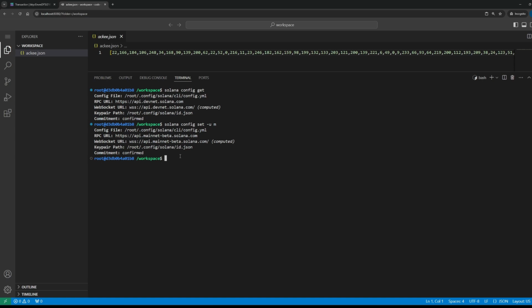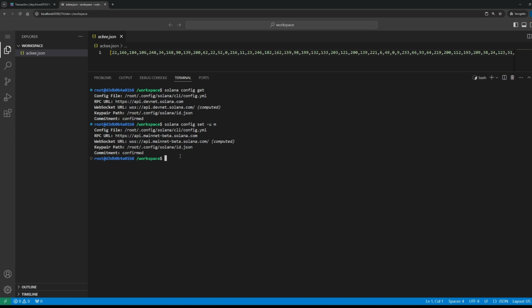This might look a bit technical, but I think this is part of the fundamentals of blockchain and also Solana. You should know the difference between a private key and a public key, but as the names suggest, the private key should stay private, and the public key is something that corresponds to the private key and is public. All right, so we went through Solana keygen new and also keygen pubkey, and you could also see Solana airdrop and also Solana transfer. So we were just transferring tokens and airdropping tokens and so on.